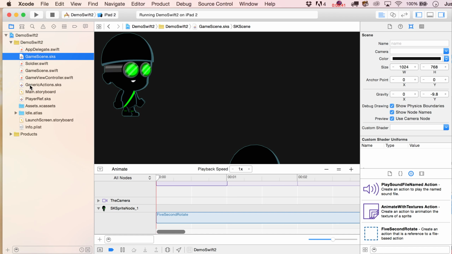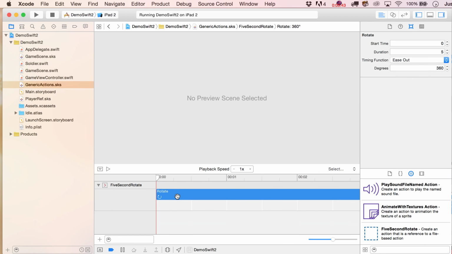and then if I need to make some changes to it, I can go back over here to my generic actions. Let's say I decided later on that I didn't want the ease out in there. I can just switch that to linear now, and it's going to affect all those other actions that it would apply to. And you can also run those actions programmatically as well, although currently in Xcode 7 beta 5 they're transitioning from the one line of code that does that, so we won't talk about it now,